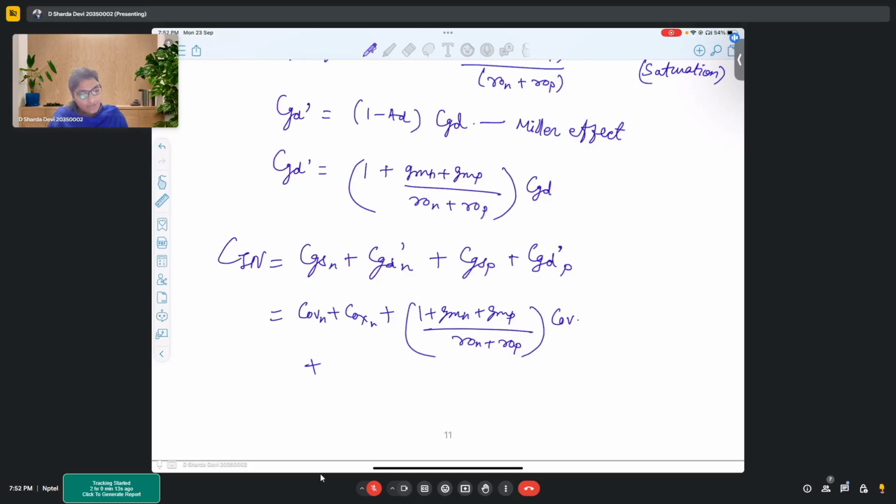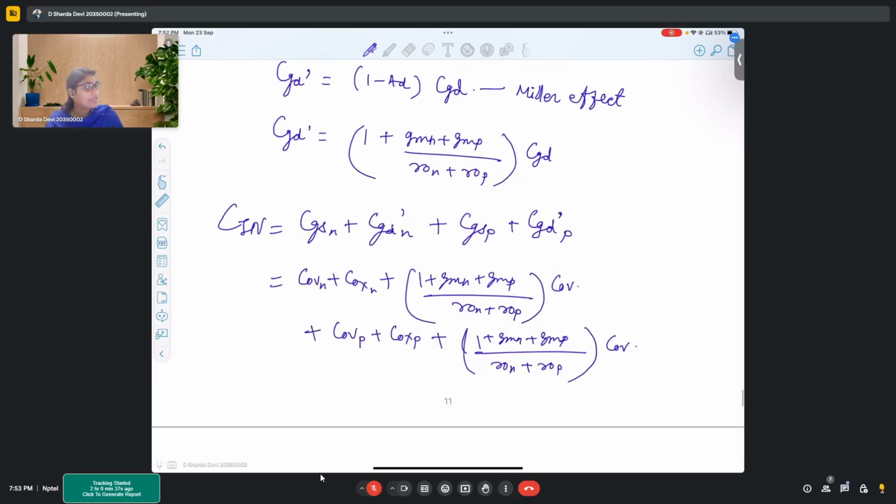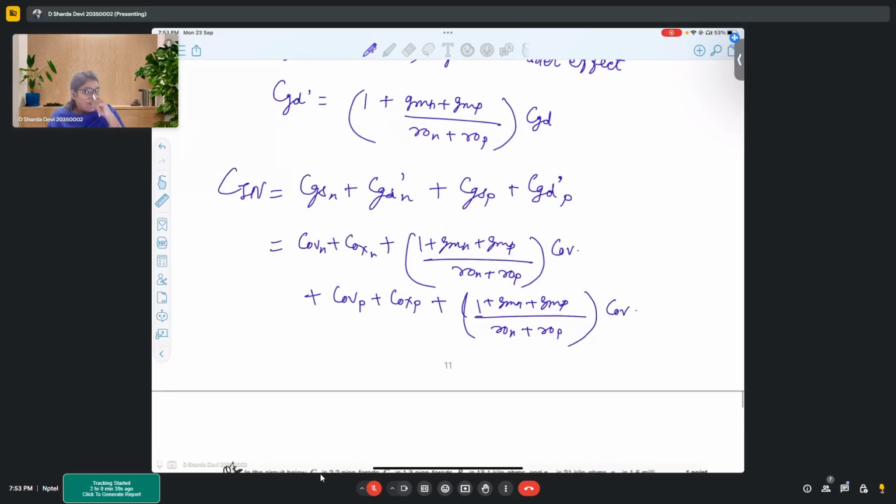Plus similarly for the PMOS, it will be C overdrive p, Cox of p, plus 1 plus Gm n Gm p, r naught n r naught p into C overdrive. Since it was given in the problem that CGD is only due to overdrive capacitance. So with this,